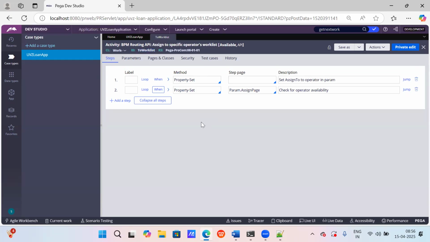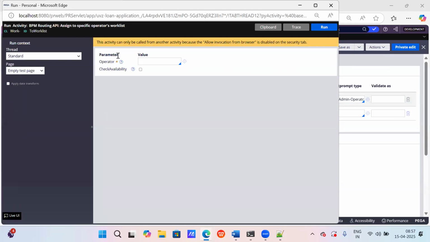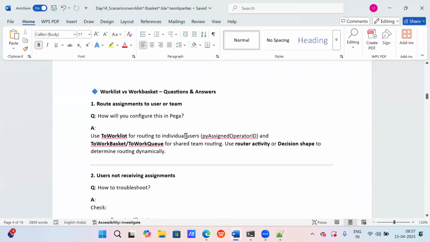Keep in mind, to worklist helps to assign a task to a particular person. If you want to assign a task to a particular person, you can use this activity by passing the operator ID as the parameter. For the activity's run, it accepts only this operator, which is the mandatory field that we need to pass.